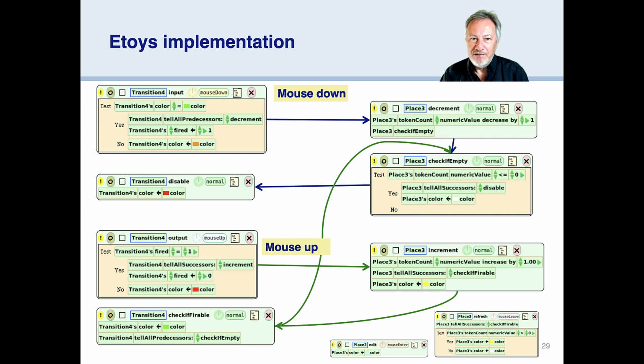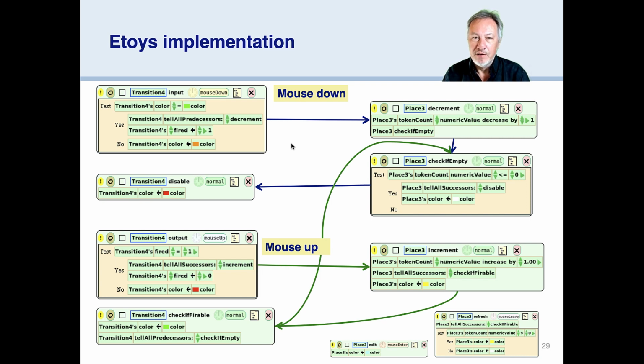Now, the eToys system allows you to take graphical objects like these little squares and rectangles and text objects and script them. Here's the complete implementation of Petit Petri in eToys. It consists of 9 little scripts, and the scripts are related to transitions and places. Let's start when you click on a transition. When you click on a transition, if the color of the transition is green,